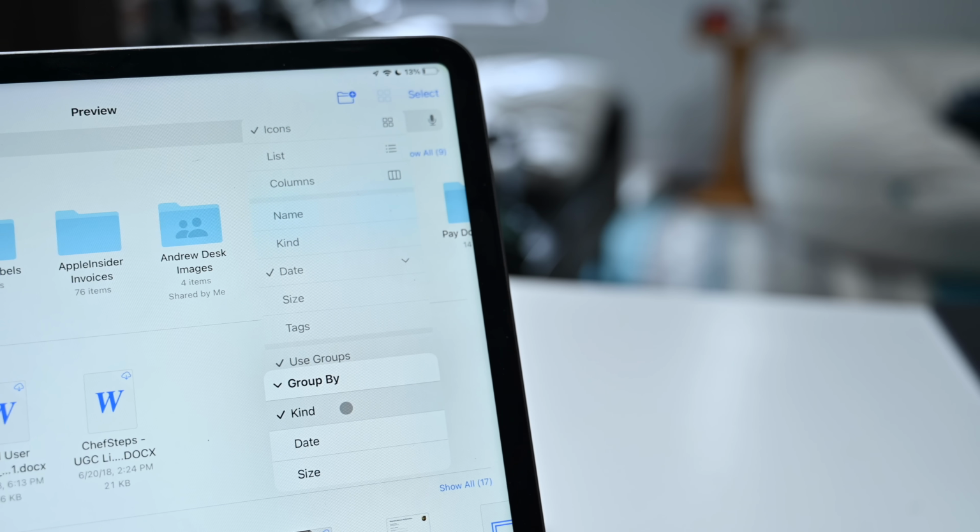iPad is becoming more like the Mac with iPadOS 15 in one big way. Now, if you've ever tried to plug in a Windows formatted drive, NTFS as it's usually referred to, into your Mac, you may notice that it can read those files, but it can't write to those disks. Well, that's basically what we're getting with iPadOS 15. Now, if you have something formatted in NTFS, it could be something as simple as a little flash drive. I've got a SanDisk one here that's both USB-A and USB-C. I can plug this in. So this is formatted in NTFS. I can read it on here, so I can copy files off,